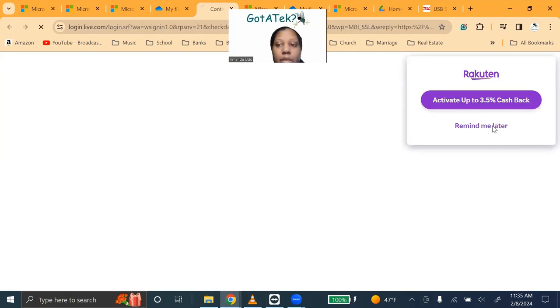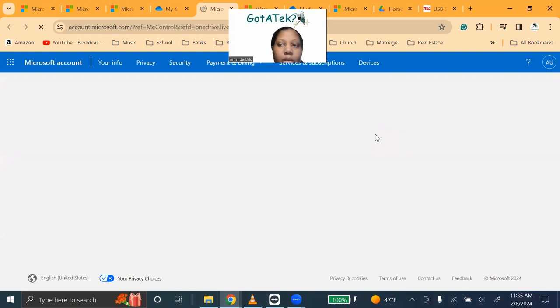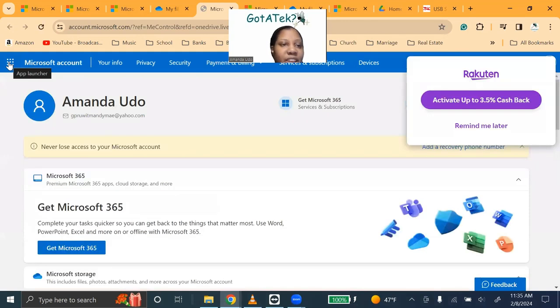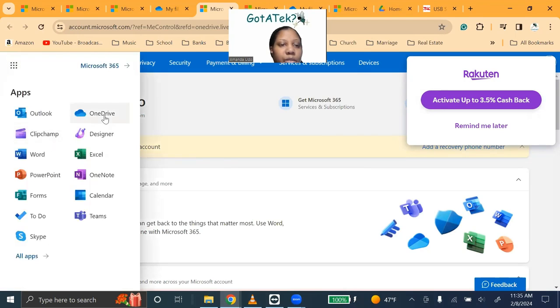I believe it might make me sign in again. Oh, no, it didn't. Okay, great. So if you go to your Microsoft account here, and you go to the app launcher all the way in the top left corner, now go to OneDrive,